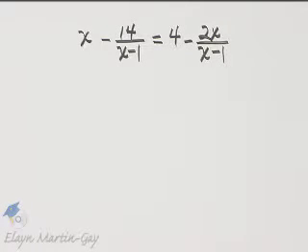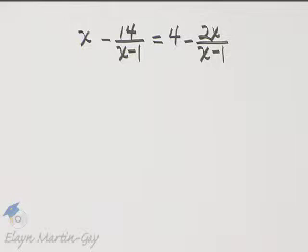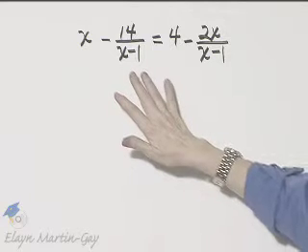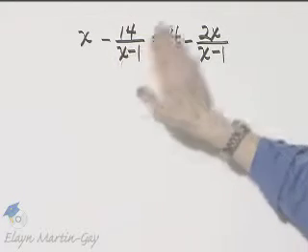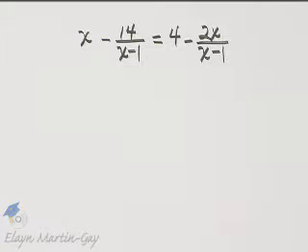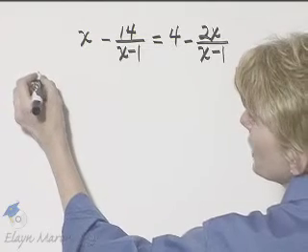How do we begin solving this equation containing fractions or rational expressions? We'll multiply through by the LCD, and here the LCD is x minus 1. Now don't forget that each term must be multiplied by x minus 1 in order to keep the equivalency. So it's x minus 1